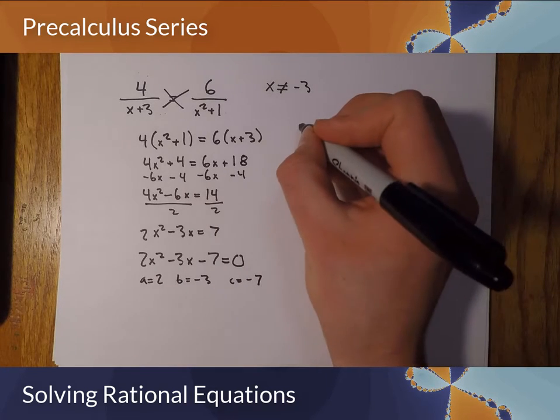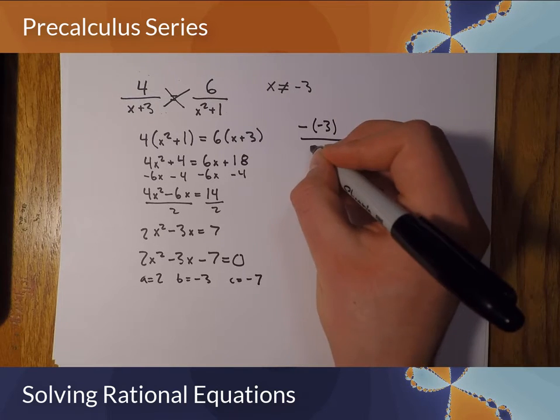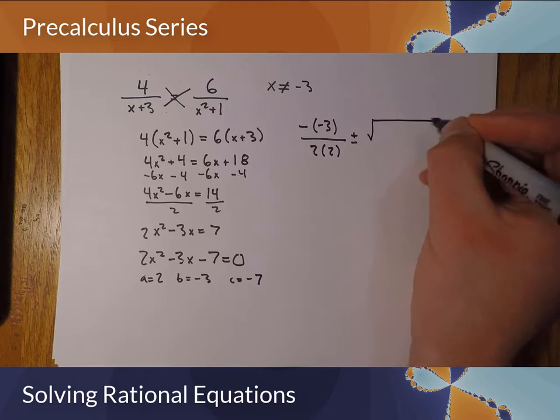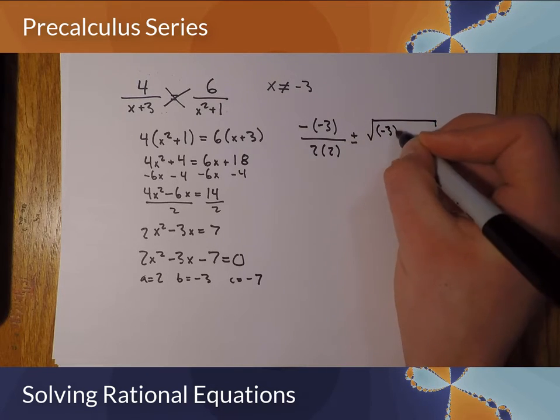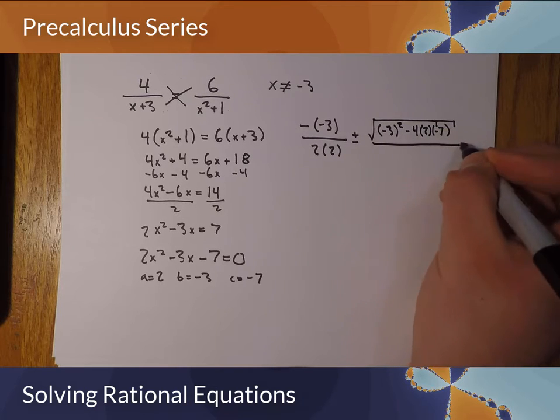So now we have negative b, so negative of negative 3, over 2a, plus or minus the square root of b squared minus 4 times a times c, all over